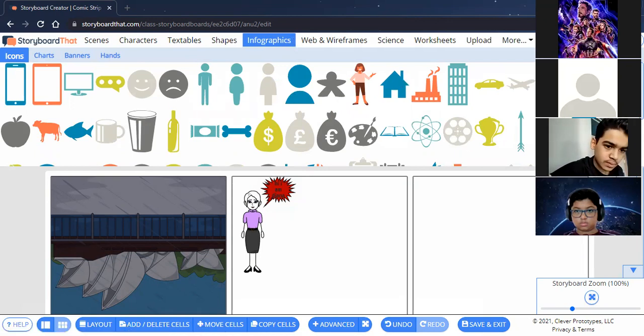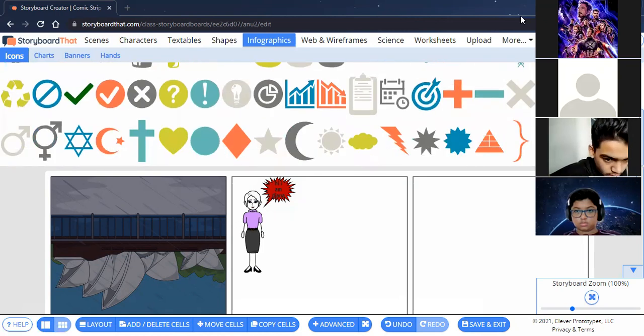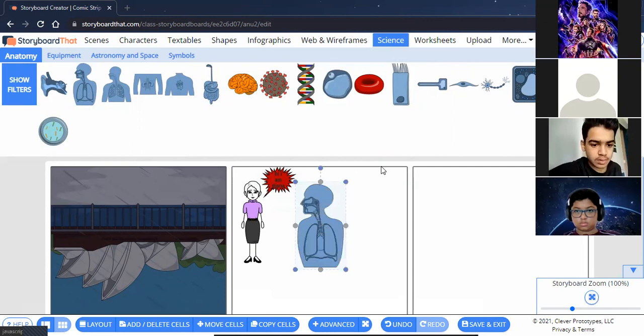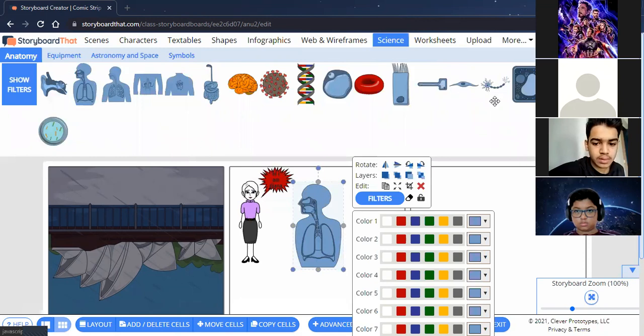See, so many things are available. You can even make a science assignment where you can bring some body parts. You can make the detailing of the body parts. You can even use some tools. See, this is some parasite kind of thing, no?